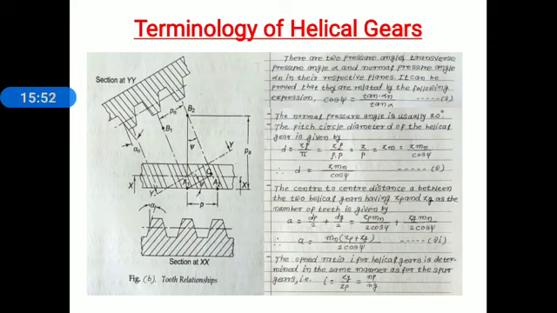After that, the pitch circle diameter of a helical gear, that is z mn divided by cos psi. Center distance mn divided by 2 cos psi inside the bracket zp plus zg. Zp is the number of teeth on a pinion and zg is the number of teeth on a gear. And the last one is the gear ratio, that I is equal to the number of teeth on a gear divided by number of teeth on a pinion, or speed of pinion to the speed of gear, or the pitch circle diameter of gear to the pitch circle diameter of pinion. This is the whole terminology of a helical gear.